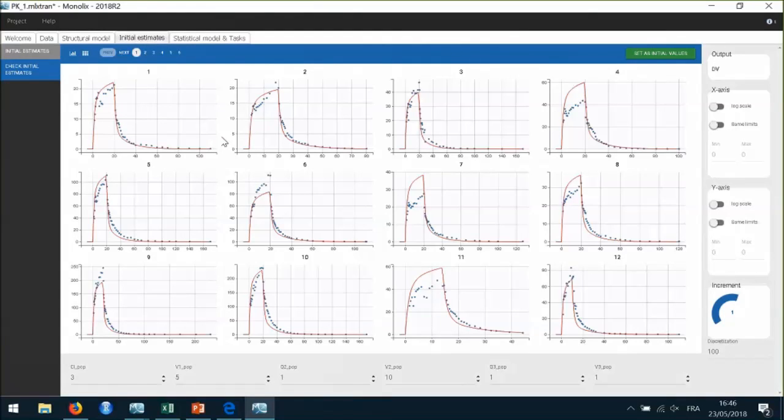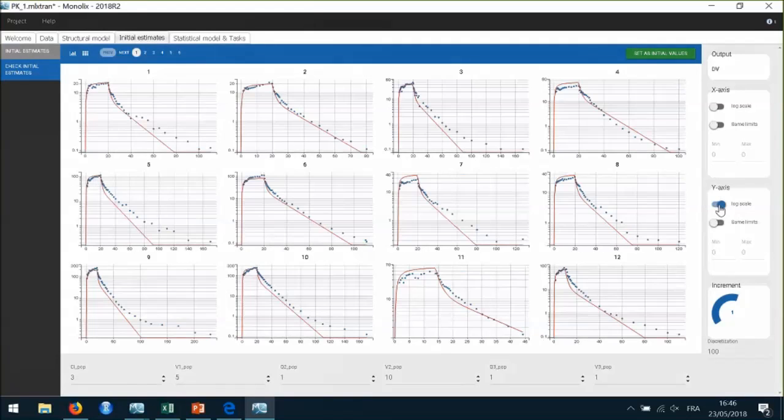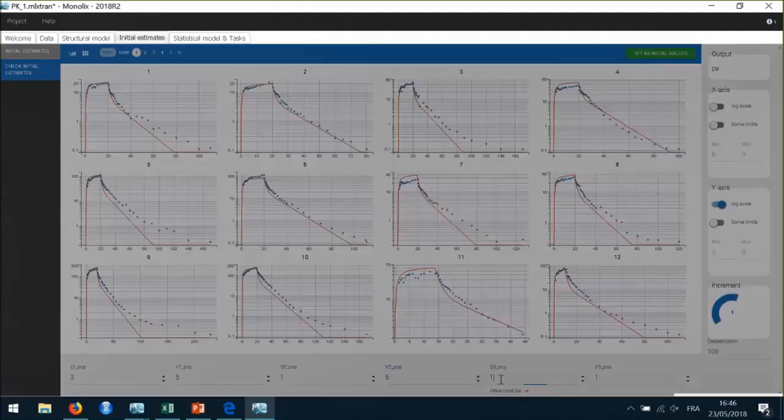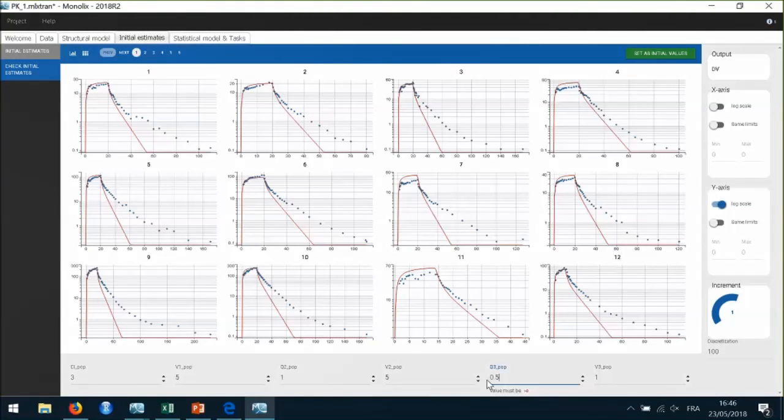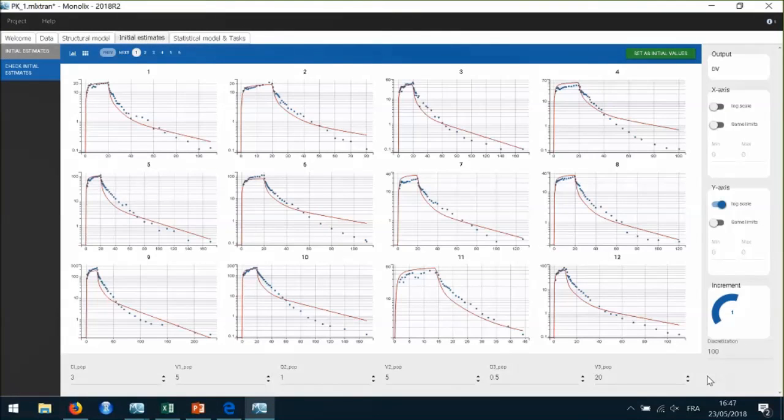As previously, I have to select reasonable initial values for the parameters in log scale. And here, because I have done this before, I know that if I choose 5 for V2, let's say 0.5 for Q3, and something bigger for V3, it shows me a quite reasonable fit.